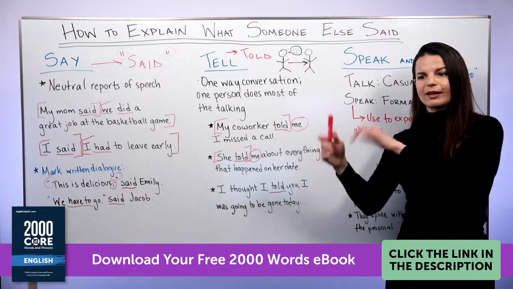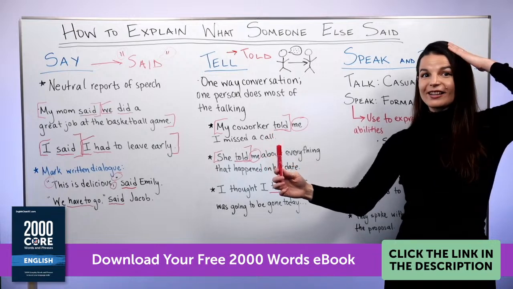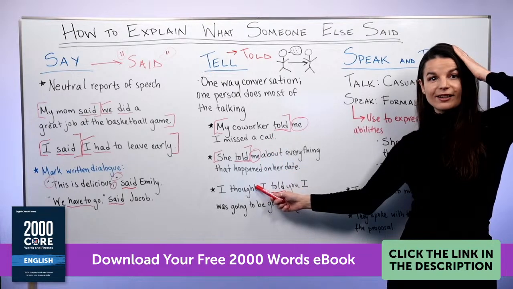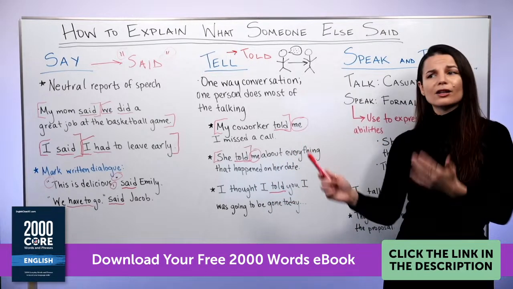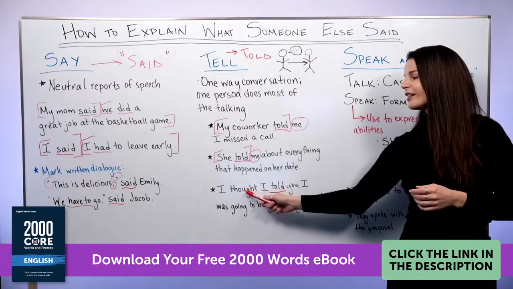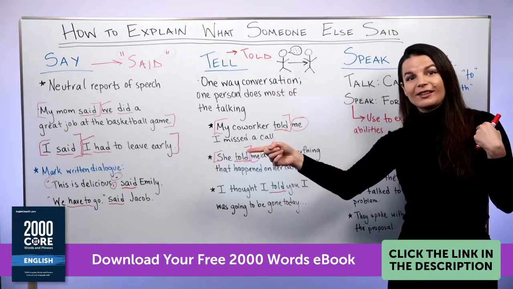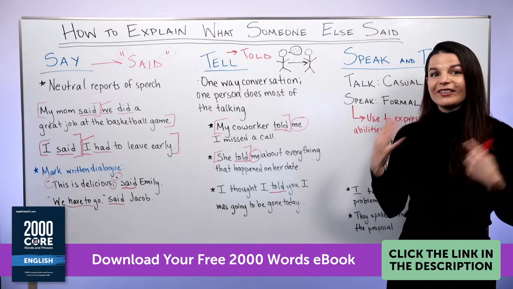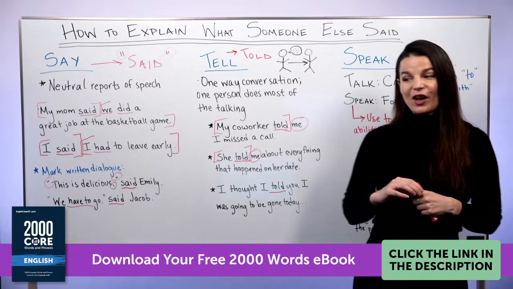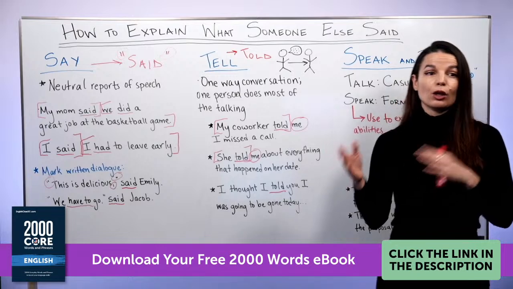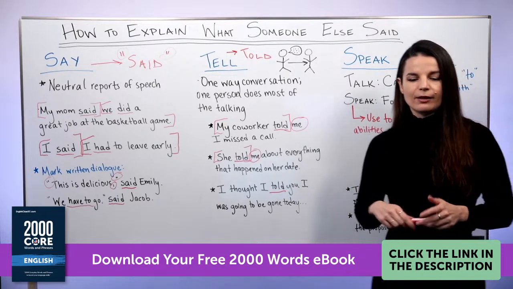And my coworker writes like, hey, where are you? Why are you gone? Why aren't you here? And I can say, oh, I thought, past tense think, right? I thought I told you I was going to be gone today. I thought I told you that. So this is a really useful expression. Oh, I thought I told you, sorry. Like maybe you told the person, they forgot. Maybe I forgot, right? So this is a very useful expression. Oh, I thought I told you. So you can use this as well when you have this kind of situation. You wanted to tell them maybe, but you don't know for sure. So you can use that one.